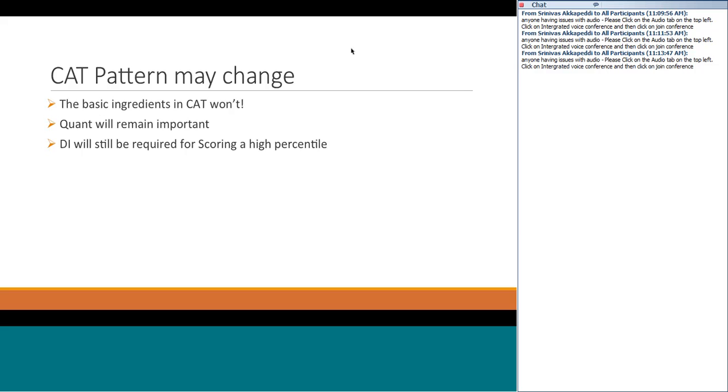So let me be clear about it. While the CAT pattern may change, the basic ingredients do not change. It has not changed for 20 years. I don't think it will change in the next 20. However,